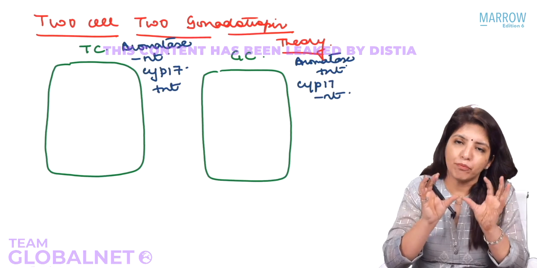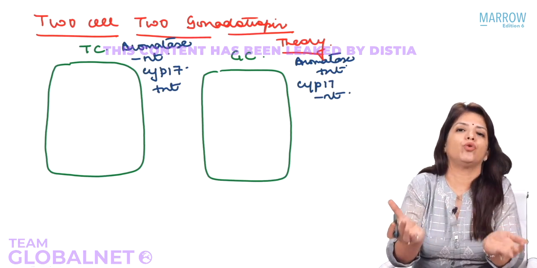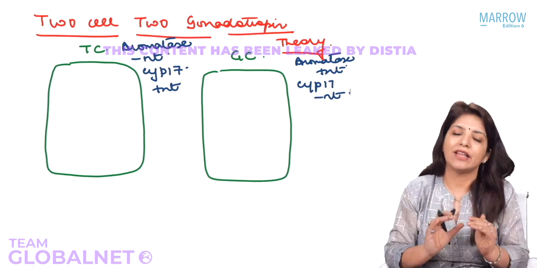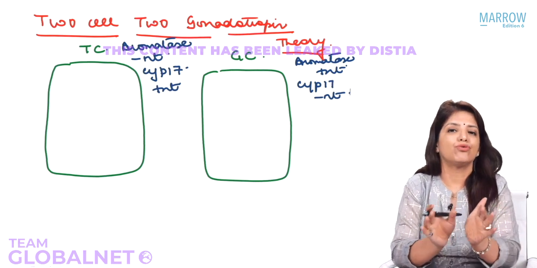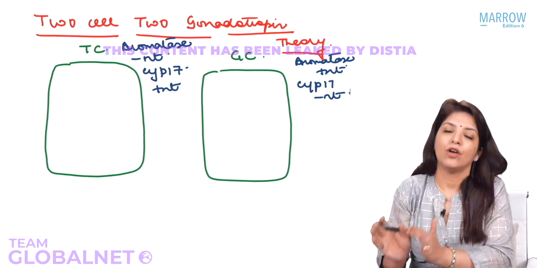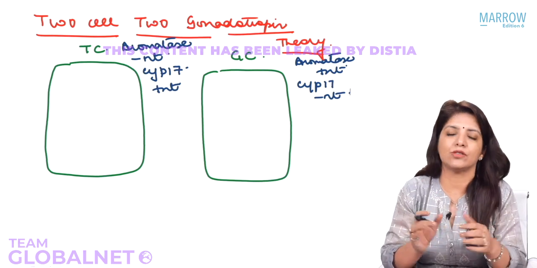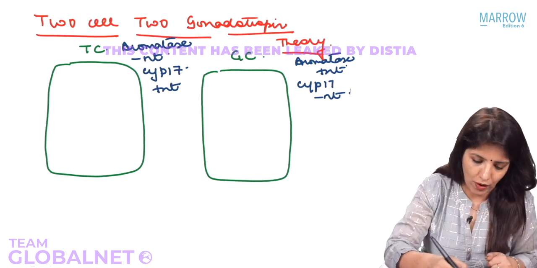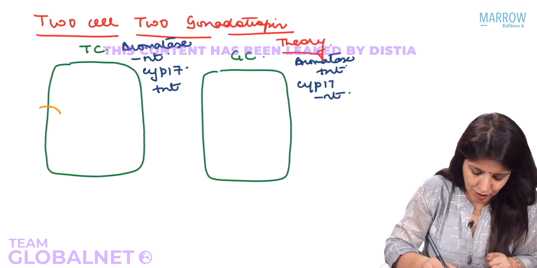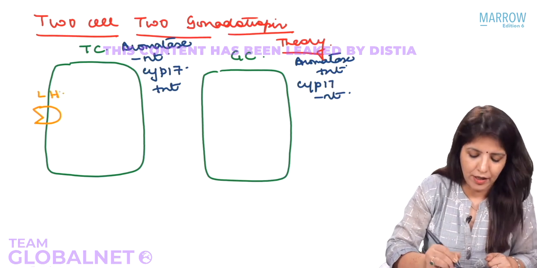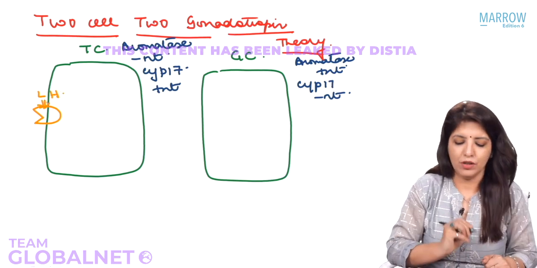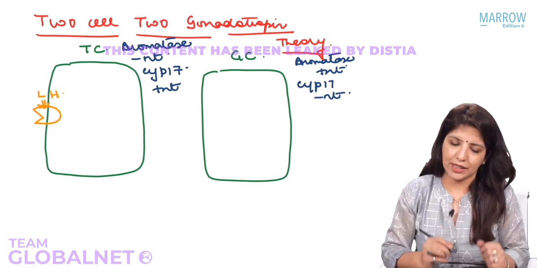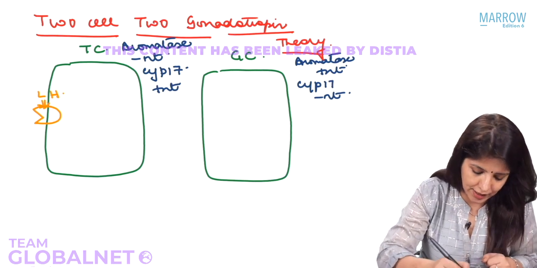And because on both these cells, there are two different gonadotropins which act, that is why it is the two cell, two gonadotropin theory. For example, in theca cells, which gonadotropin acts? LH acts on theca cells. So, on the theca cells, we have the receptors for LH. Now, LH will bind to the receptor on the theca cells,